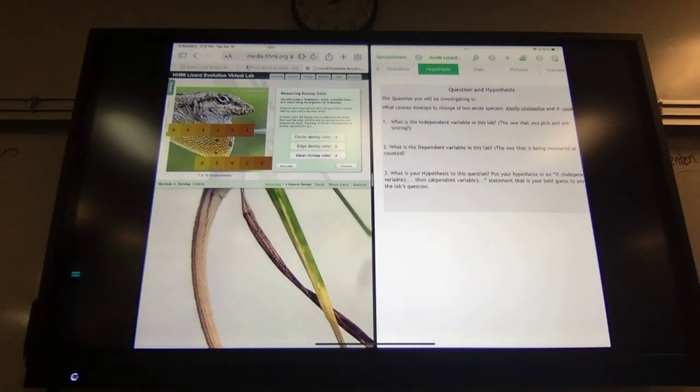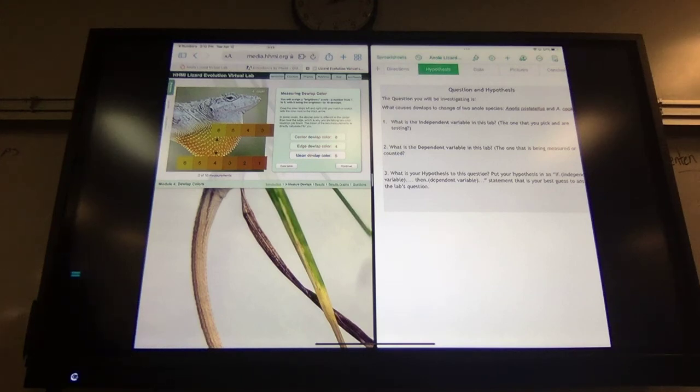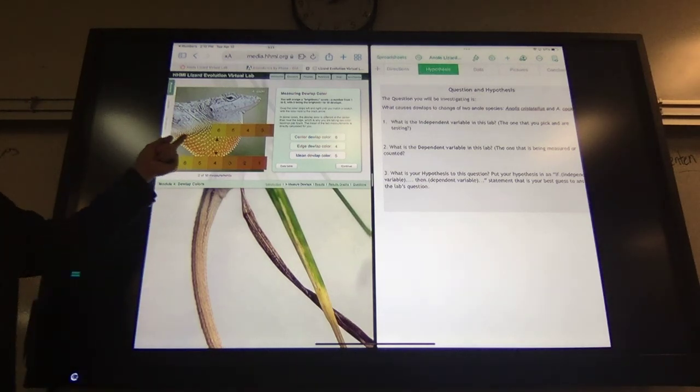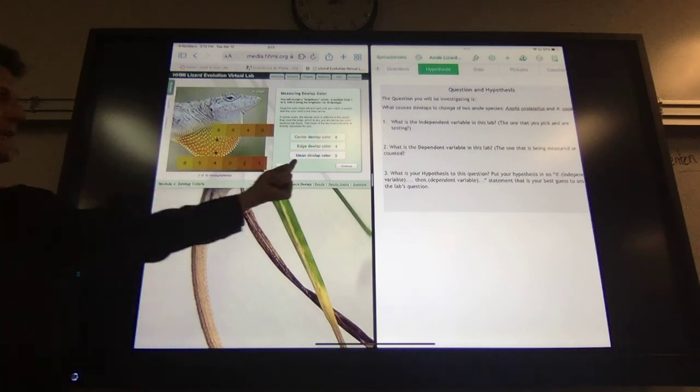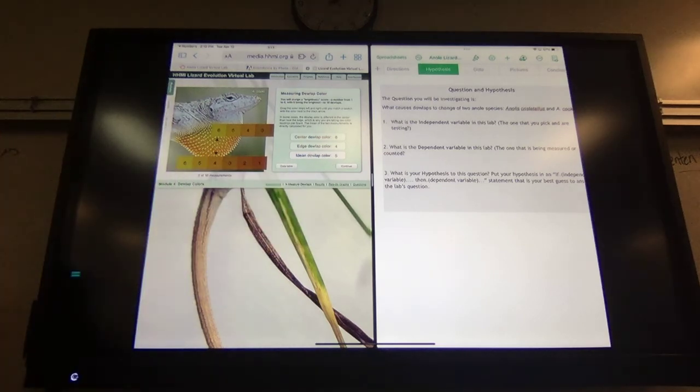If you're zoomed in too far, you can't see the word continue. So make sure you're zoomed out, so that you can see the whole screen while we're doing a split screen. Then I'm going to click next. I'm on number 2. So go ahead at your own speed and see if you can now give a number for the color at the top of the dewlap and the bottom of the dewlap, and then it is going to calculate the average between the two numbers. And it's going to keep track of your data for you. So I just want to see if you're on the right screen to be able to do this so that you could